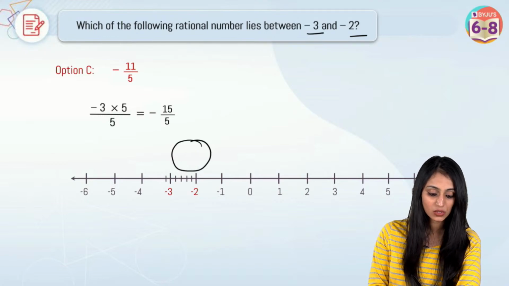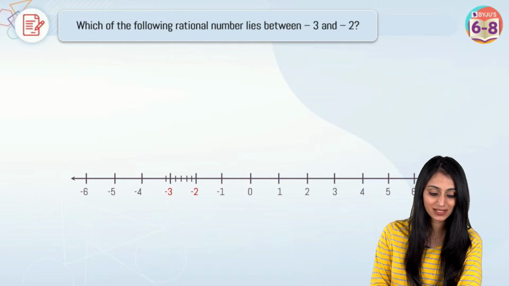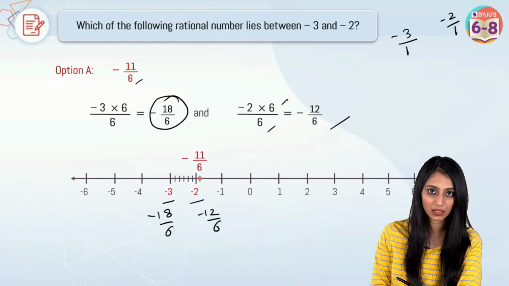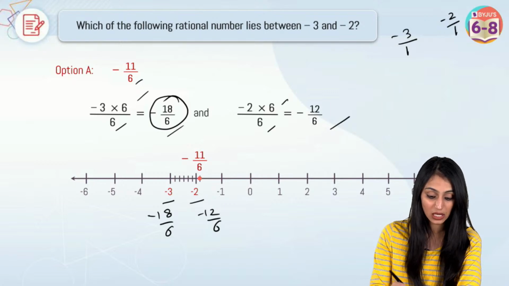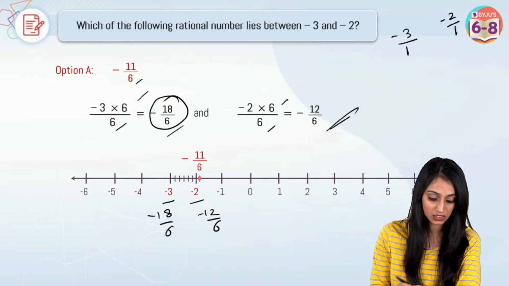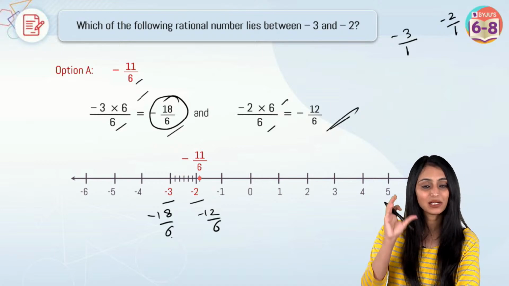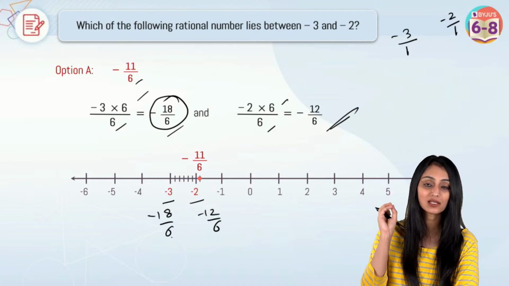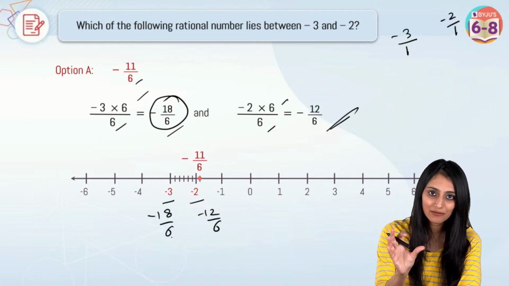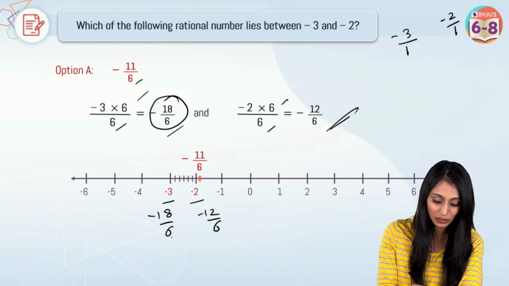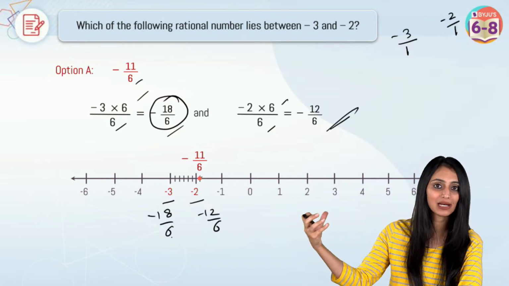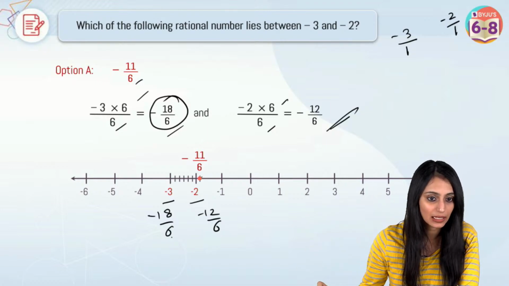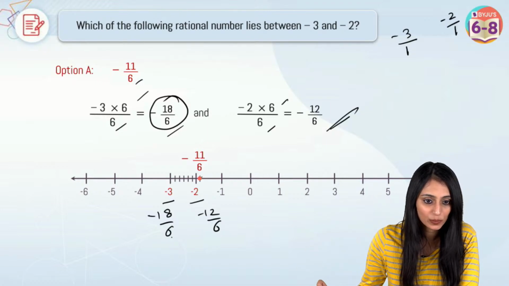So, Paras, what we have done here is, first, one by one, I have picked up all the options, right? In option 1, the denominator was 6. So we can make the denominator same. We'll multiply numerator and denominator by 6. You get minus 18 by 6. Similarly, this is minus 12 by 6. So minus 18 by 6 is minus 3. Minus 12 by 6 is minus 2. Is minus 11 by 6 lying between them? No, it will lie towards the right, because when we move towards the right on the number line, the number increases, right? I hope this is clear, Paras.